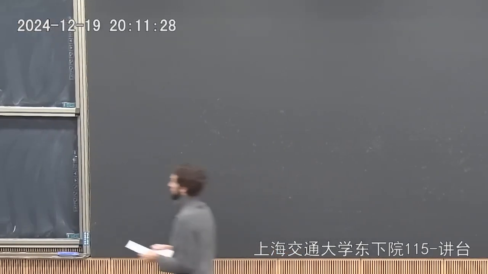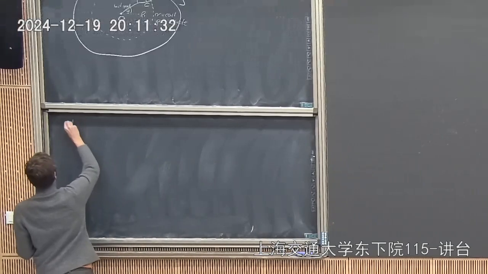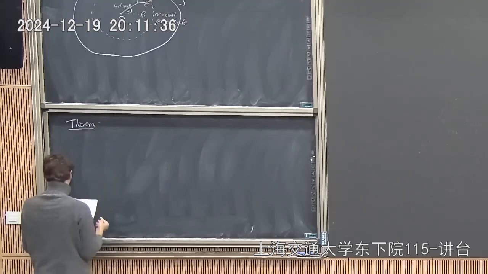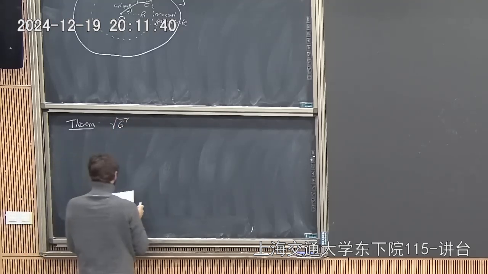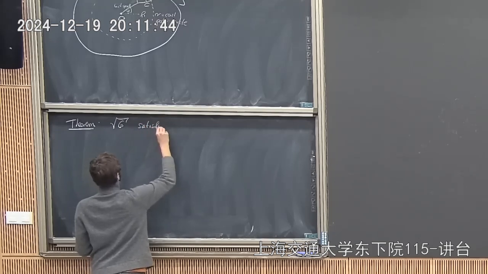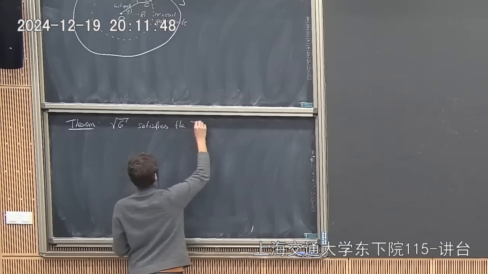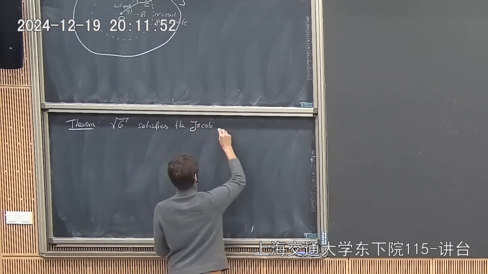The theorem is that the square root of g satisfies what is called the Jacobi differential equation,